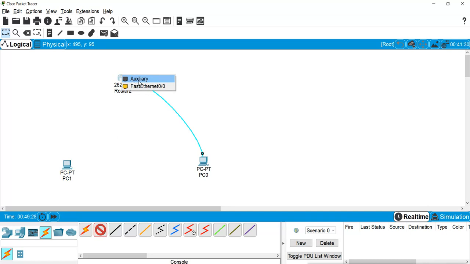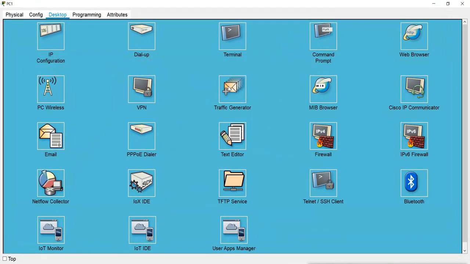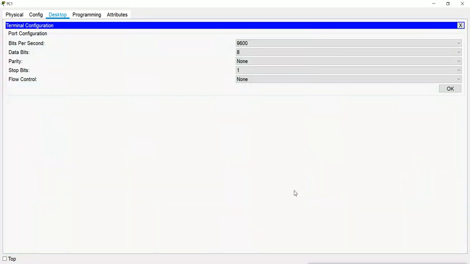So I will select the auxiliary port, and then I will connect to this machine's serial port. Now I will go to this machine's desktop and go to terminal.